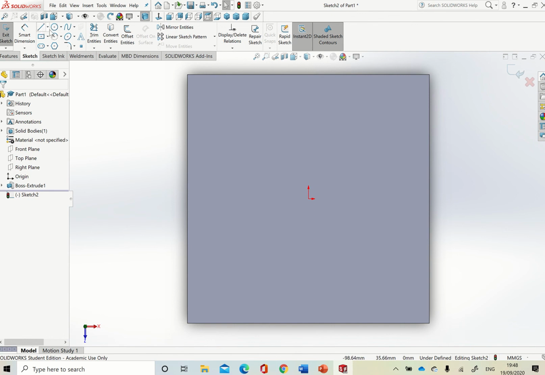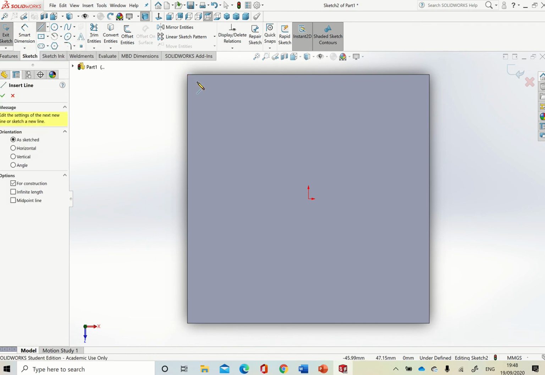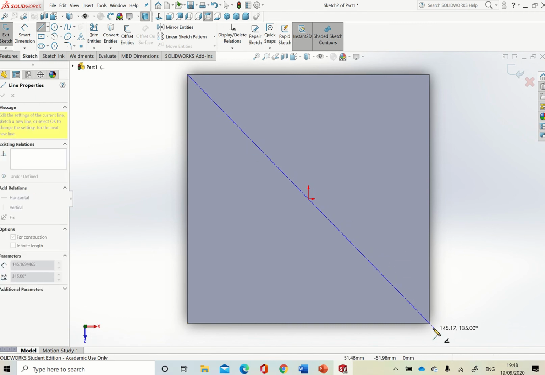So looking back in your PDF, you'll see that we're making two diagonal lines here. It's two axes. So I'm going to do that. I'm not going to use a regular line. I'm going to use this center line here. I'm going to get the corner. So you'll notice it'll highlight here with this orange dot. And I'm going to bring it down here and it'll highlight again for me, so I know I'm on the